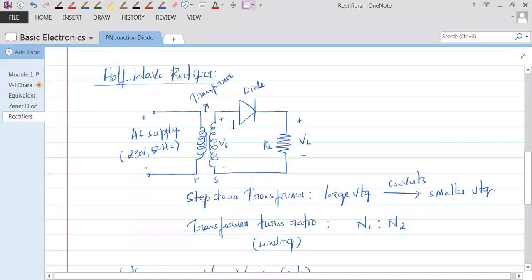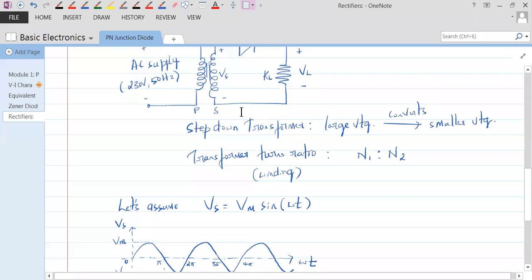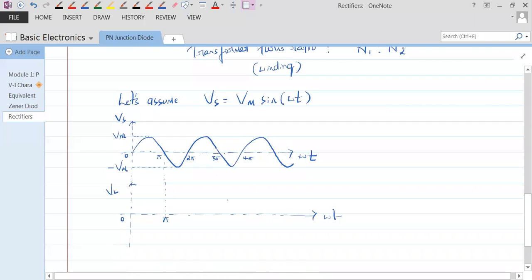And I've been telling you this: if you find just one side, if you find the P side being connected to the positive of the battery, you need not see where the other end is connected. This is sufficient to say that the diode is forward bias. So when the diode is forward bias, what does it do? It conducts. Okay, when it conducts, it will give you this. Everybody understand that?